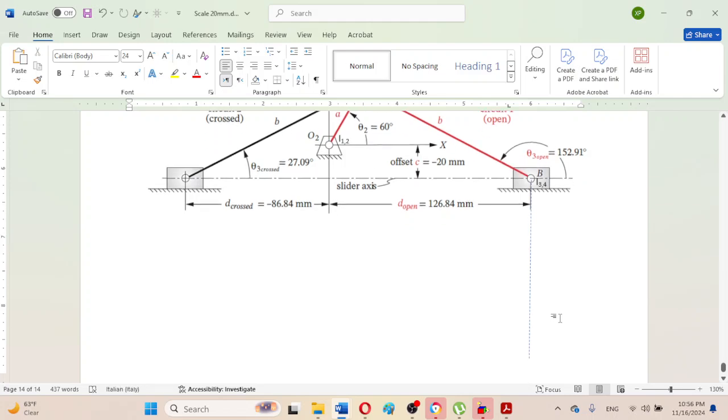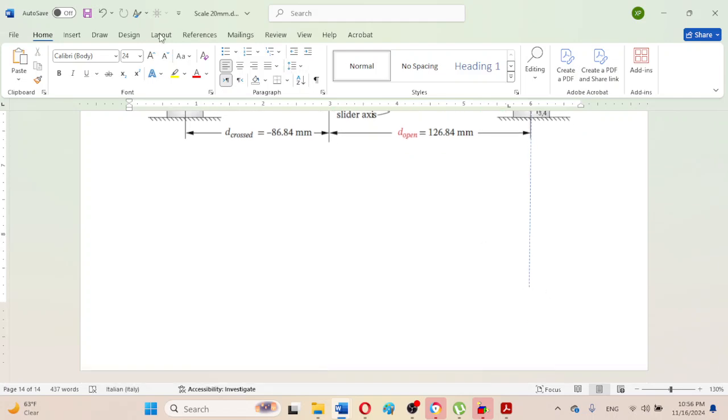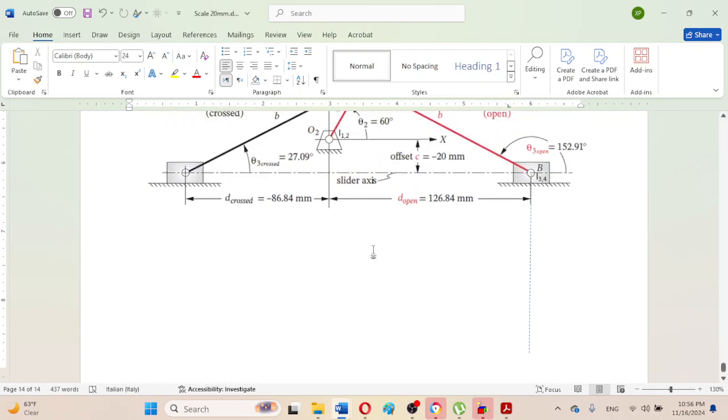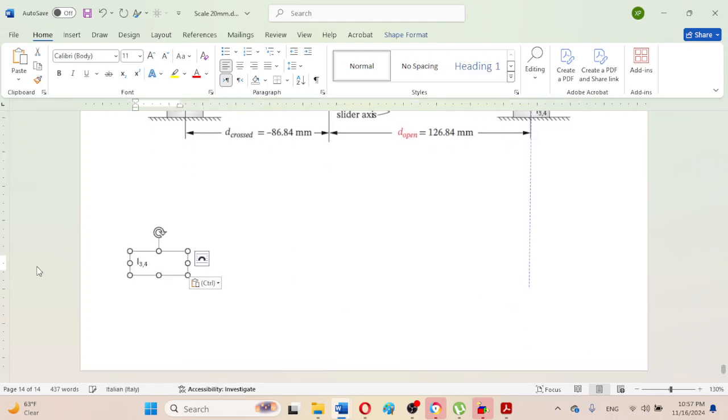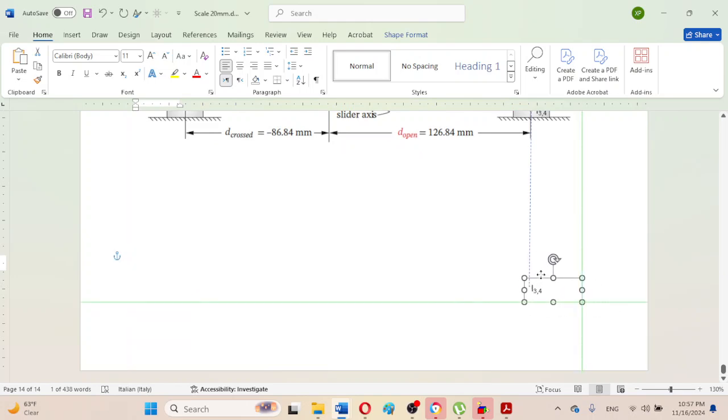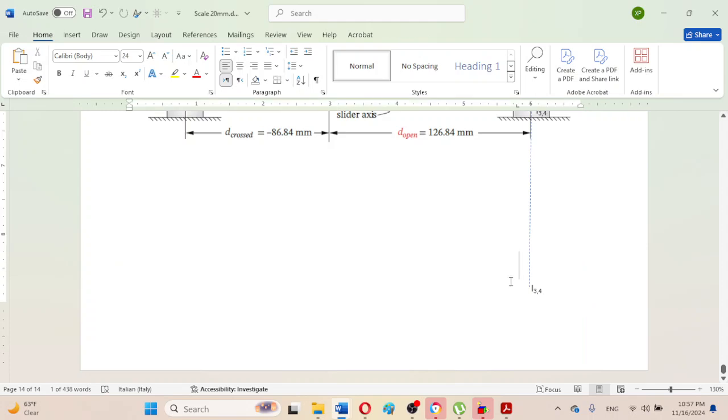Just copy this label and paste it here, for example. This is 1,4,